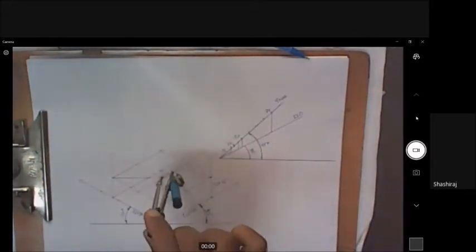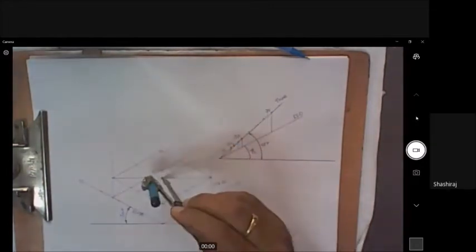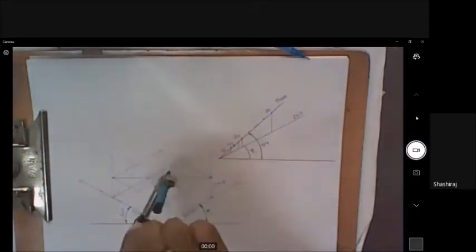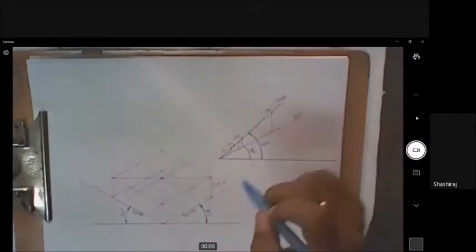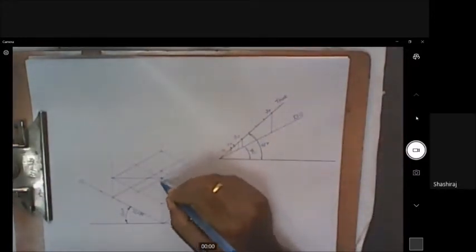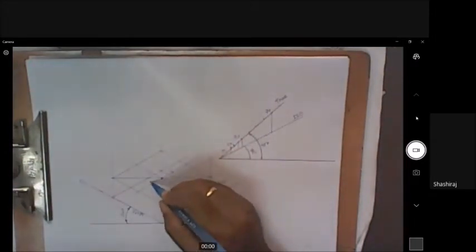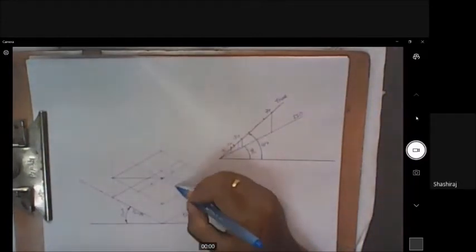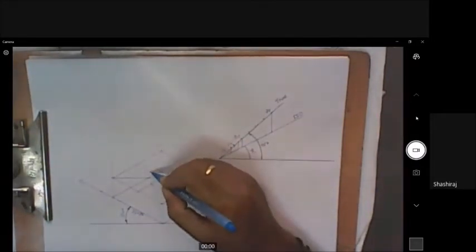See, I'm drawing one arc here, and on the other side also I'm drawing one arc, and on the other axis also, this side and this side. So totally 4 arcs I have drawn. See, from this point, I have drawn one arc here, which cuts this axis here, and from the same point, this side also I have drawn an arc. So I got a point here. And on this side of the axis, I have drawn an arc here. I got a point here. Similarly, on the opposite side also I have drawn a point.